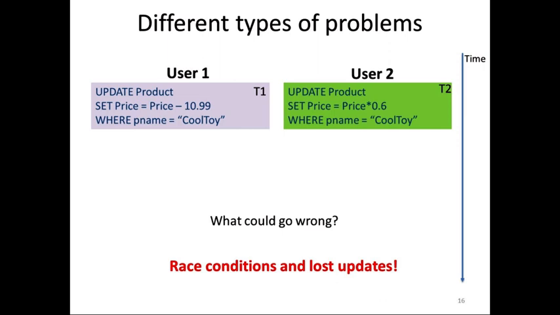So let's say that T1 reads, then T2 reads, then T1 computes its value, then T2 computes its corresponding value, its corresponding price update. And then T1 writes the new value, and then maybe T2 writes the new value, or vice versa. In any of these scenarios,